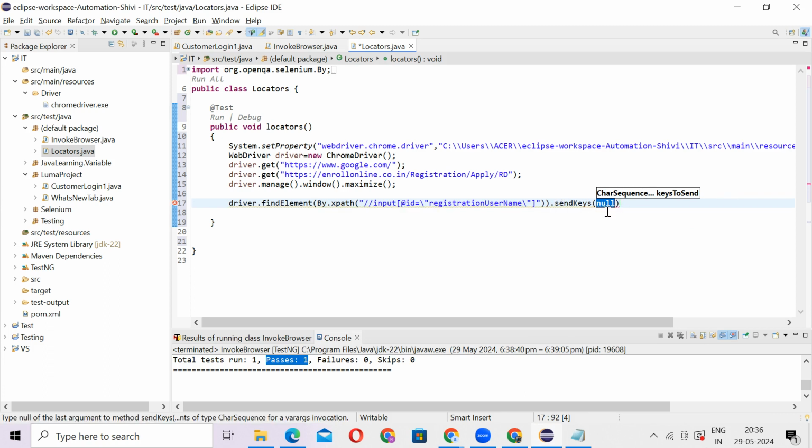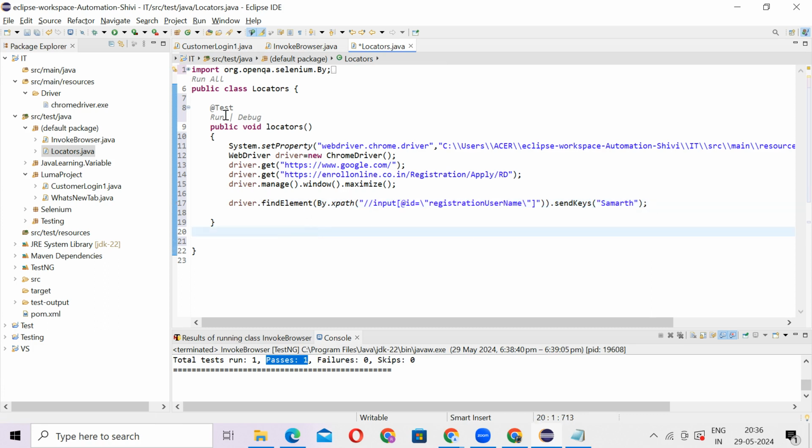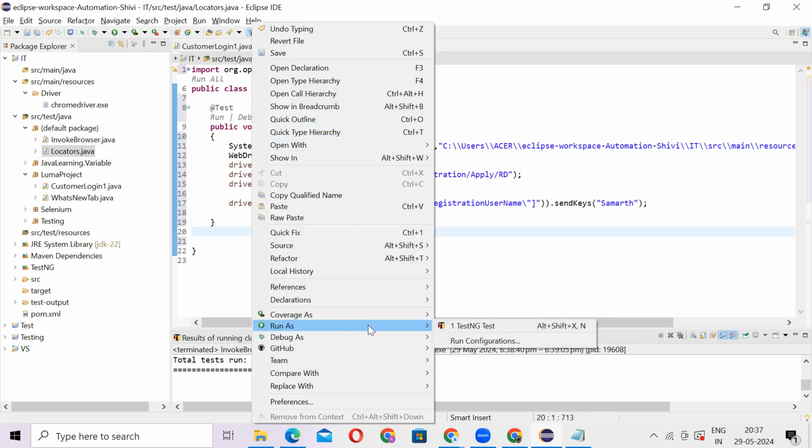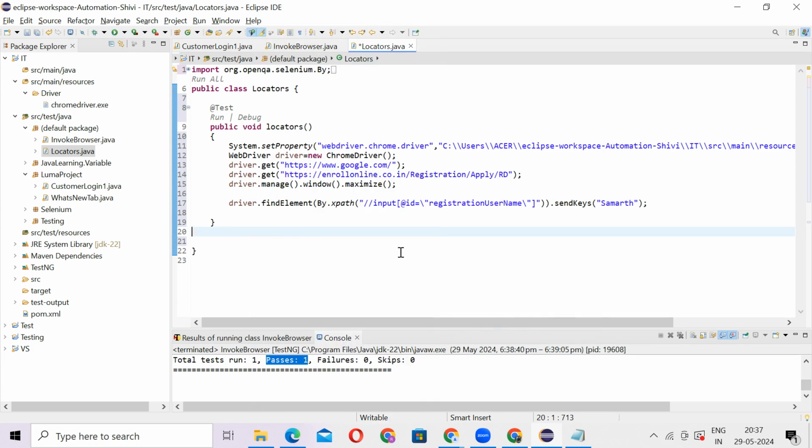You can see CharSequence. So let me pass a username, it should be like Samarth, just taking an example, and then closing it. Okay, now guys, let's run this program and check what it will do. Just click on TestNG.